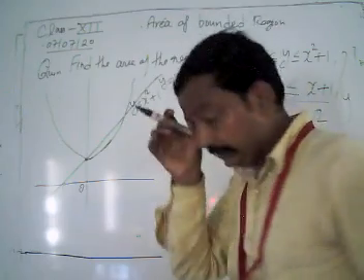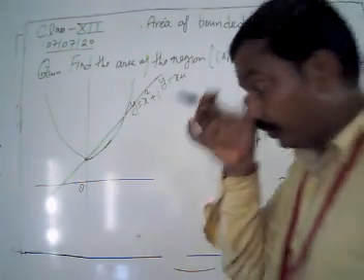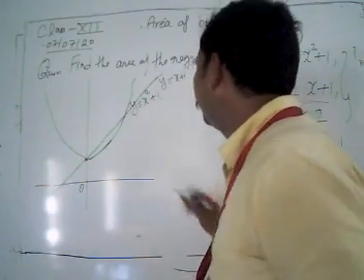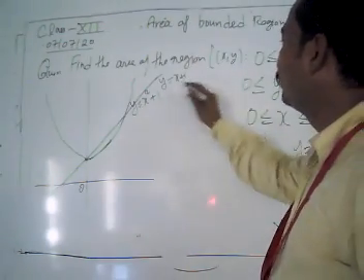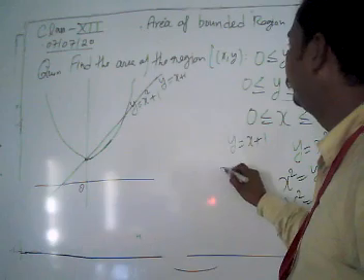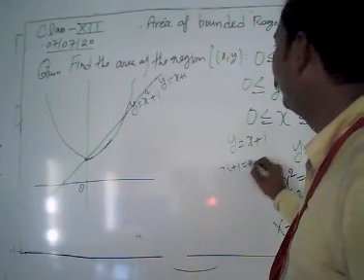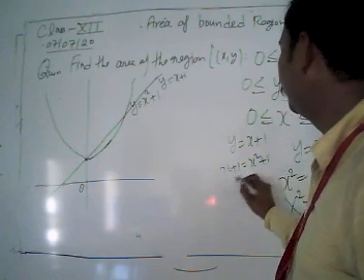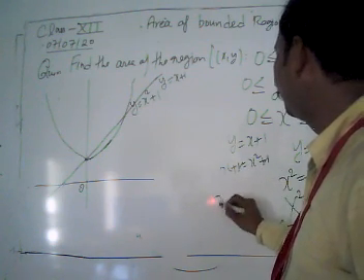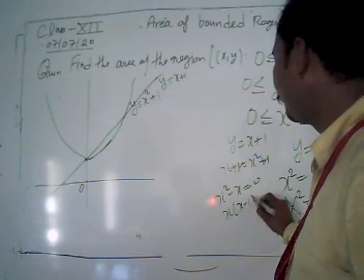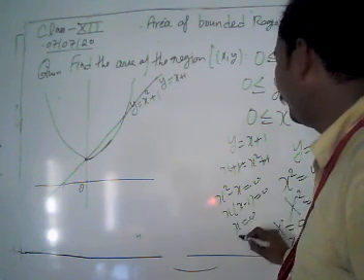We need the ordinate x equal to 2. First of all, we are going to find out the intersection point. We have y is equal to x plus 1, then x plus 1 equals x square plus 1, so x square minus x equals 0, then x times (x minus 1) equals 0, so x equals 0 and x equals 1.